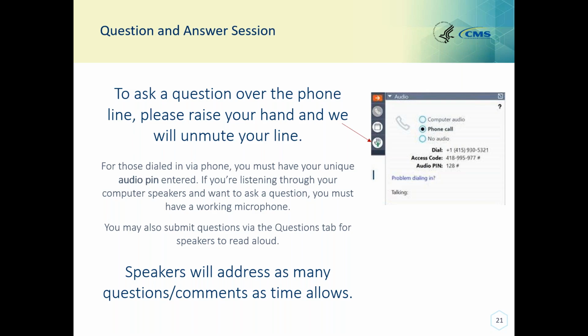Going in and updating medical records during the data collection period is not the intent of the data collection. You should really be reporting based on what is present in the medical record by the end of the measurement period. Thank you.